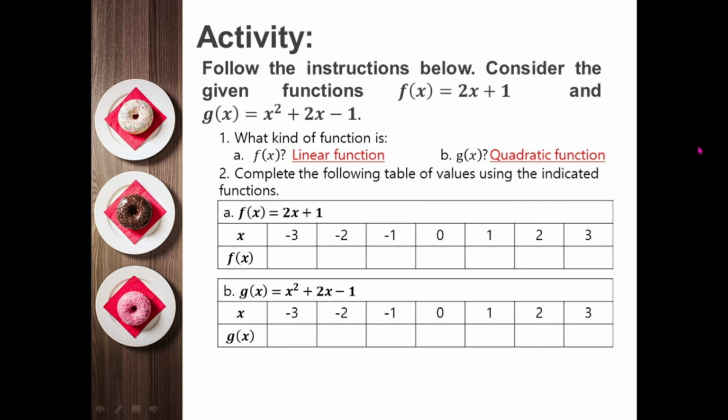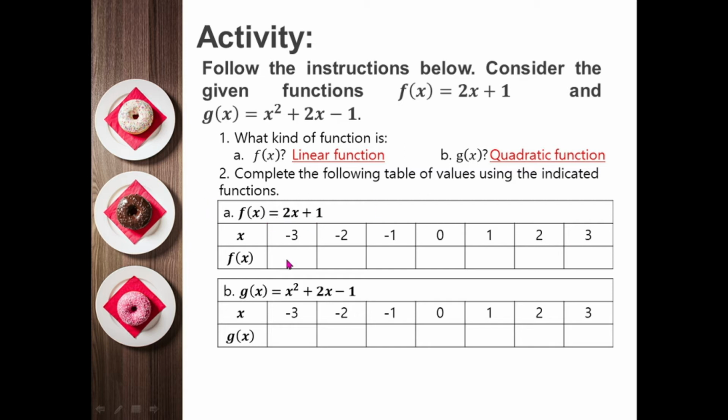Complete the following table of values using the indicated functions. So we are going to complete these two tables. Given first, in the first table, we have f of x is equal to 2x plus 1. So we are going to supply the missing values of f of x or y. So we are going to replace negative 3, negative 2, negative 1, 0, 1, 2, and 3 in the given